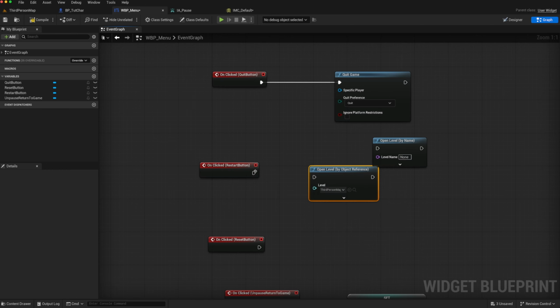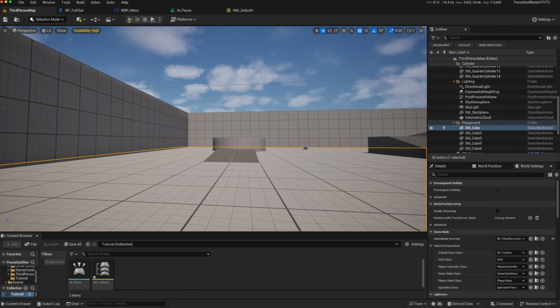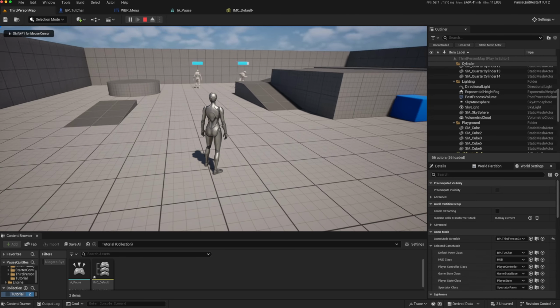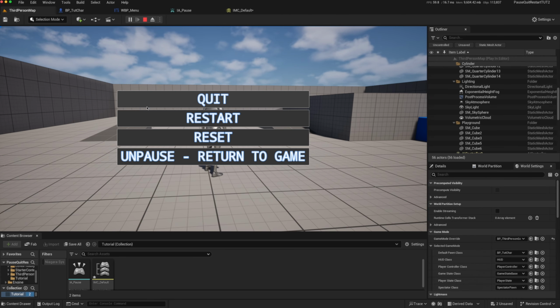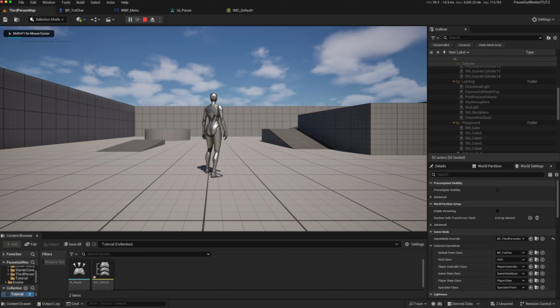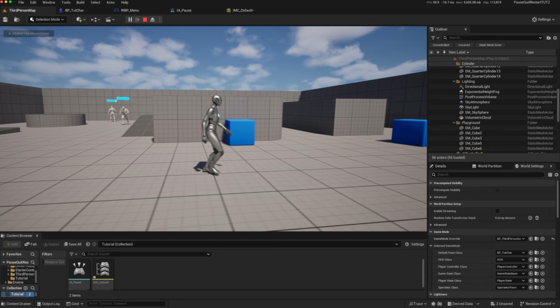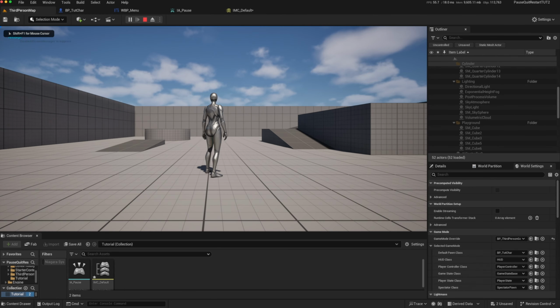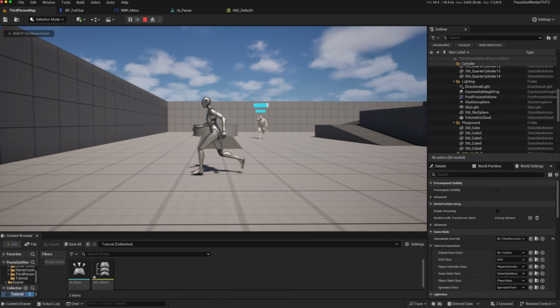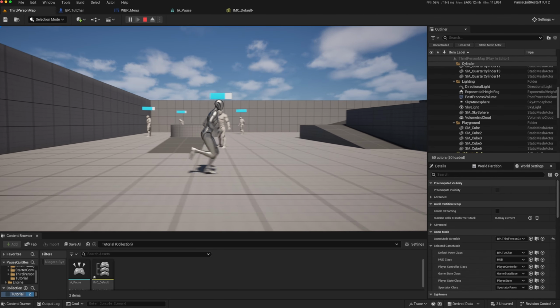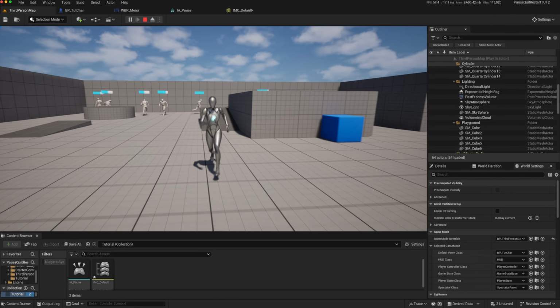Click on that, and just connect it up. We compile, go back and play, and then we get our menu. If I click on restart, it will restart the entire game. And it will do so by opening the level that we have specified again,